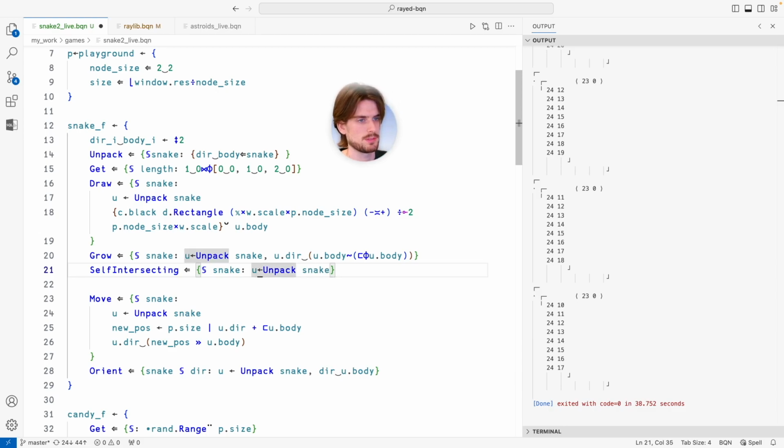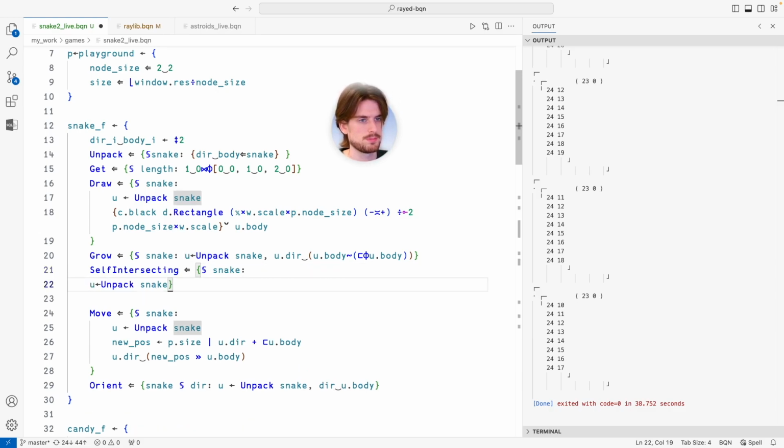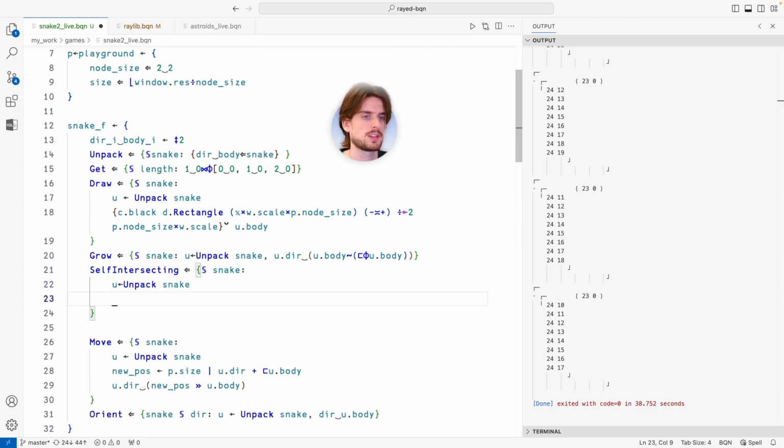Let's give this some more space. Okay, we're gonna check the body head, that's the first thing. Head, I guess we can save it, or we don't have to maybe. If the head matches any of the other body positions,